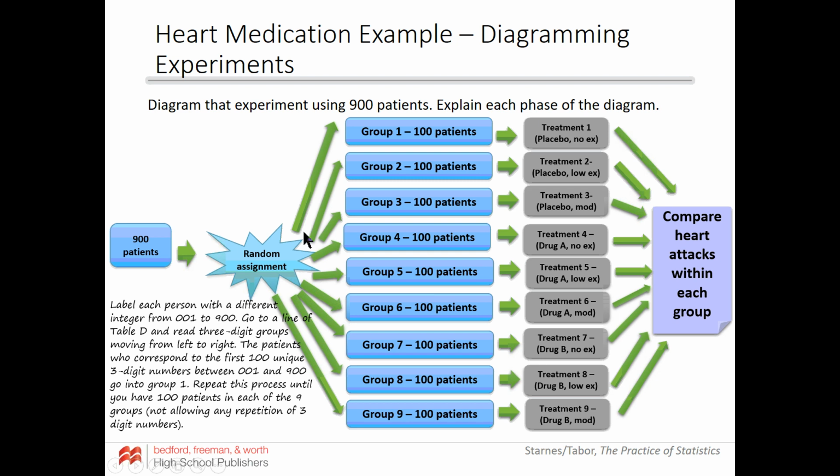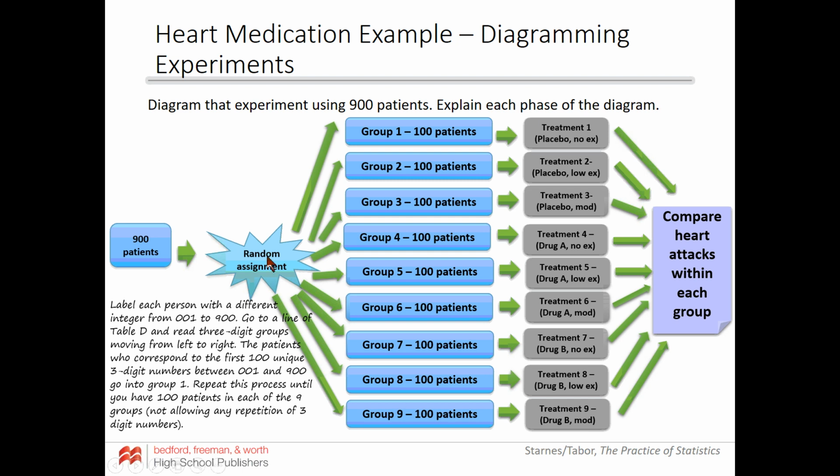So really quick, let's go through my 4 principles of statistical design. So comparison, random assignment, control, and replication. And by the way, those 4 things aren't in any particular order. You can list them in whatever order you'd like to. But comparison, so I'm comparing 9 different treatment groups here, right? So 9 different treatments. So I'm comparing,